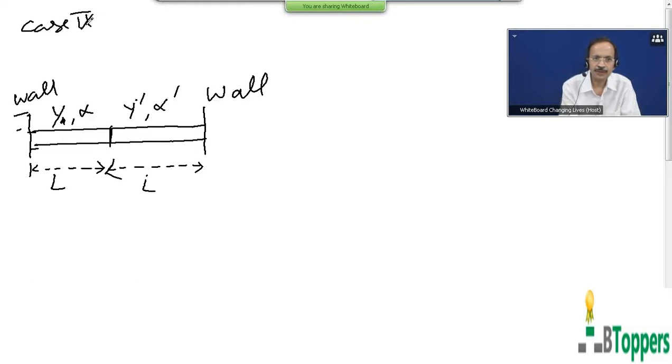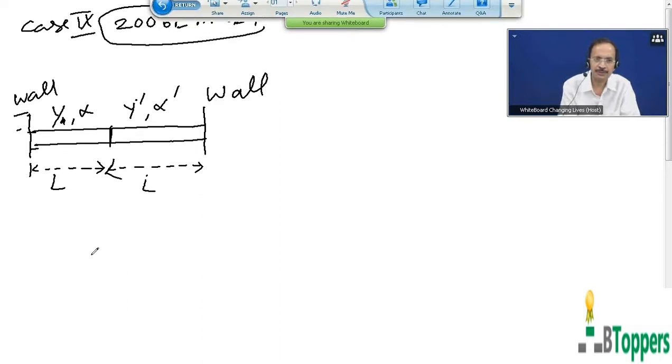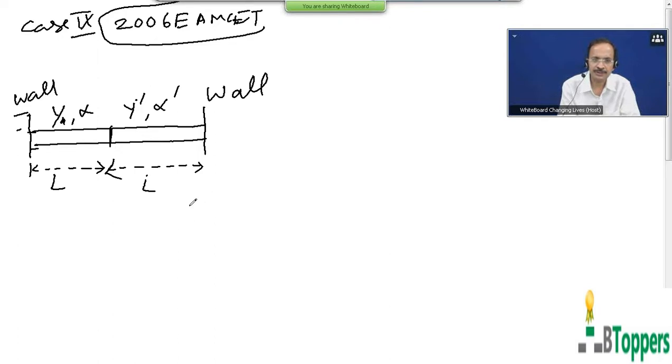That's case 9. You just concentrate and listen. Don't write running notes when I am explaining. I will show you the notes for this case separately. You were also given a problem based on this case in the 2006 MSET exam in engineering, and questions were also given in other entrance exams based on the conclusions of this discussion.